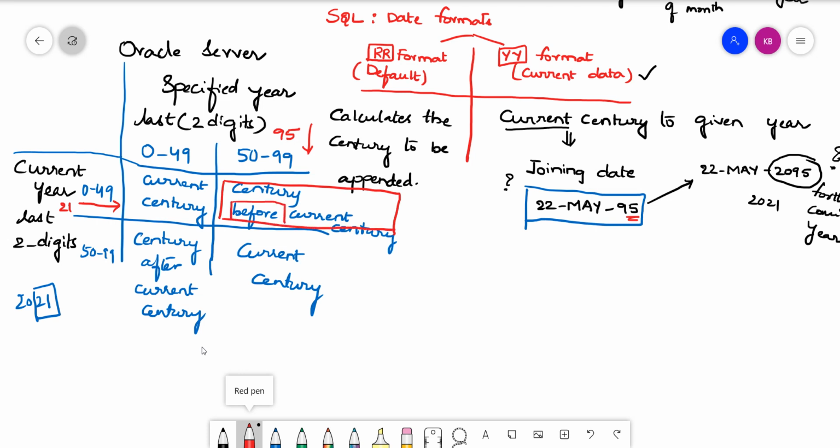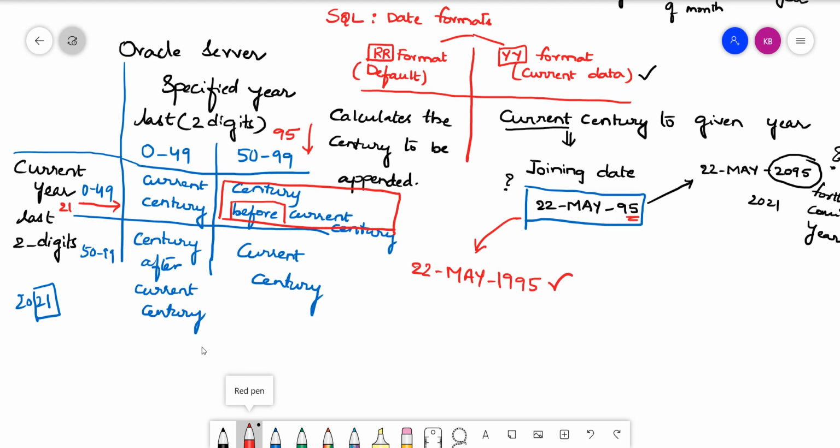So internally, if you are using an RR format, how does it store? It will store as 22 May 1995. So this can be considered correct because 95 is an older year, that is our past. Right, so this is how the RR and the YY format have significance with SQL.